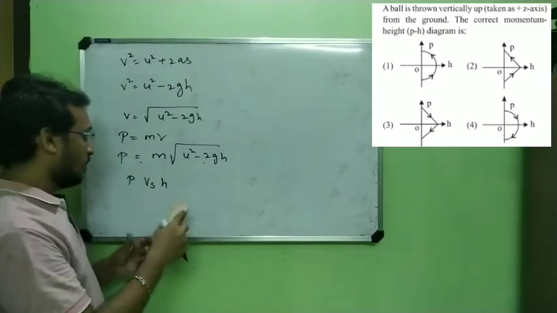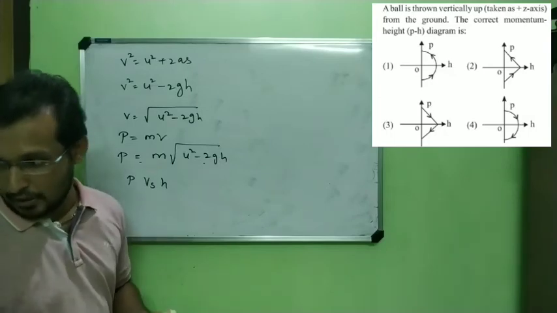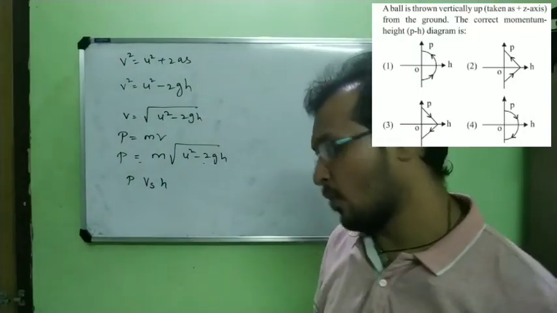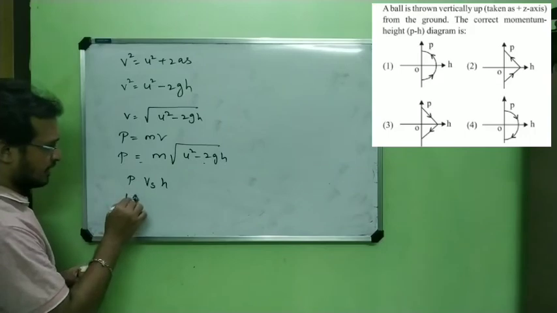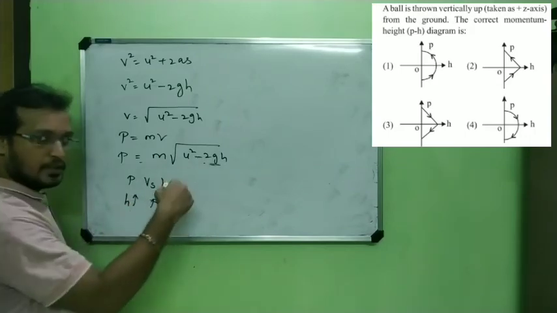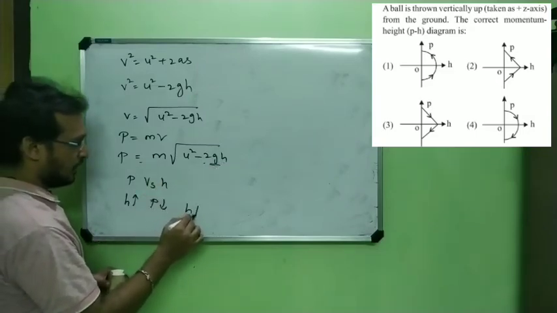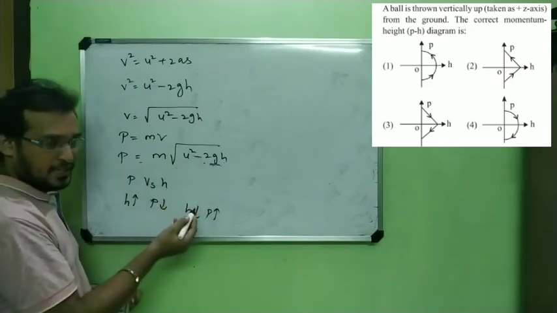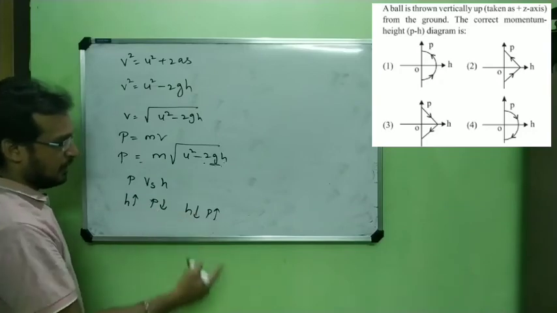So you can neglect option 2 and option 3. It will be either option 1 or option 4. Now, what is the correct answer? See, if height increases, what happens to momentum? Look at the equation. Height is negative here, inside the root. If you increase the height, momentum will decrease. Or if height decreases, what happens to momentum? It increases. P and H are inversely related because of this negative sign. So if height increases, P decreases; height decreases, P increases.